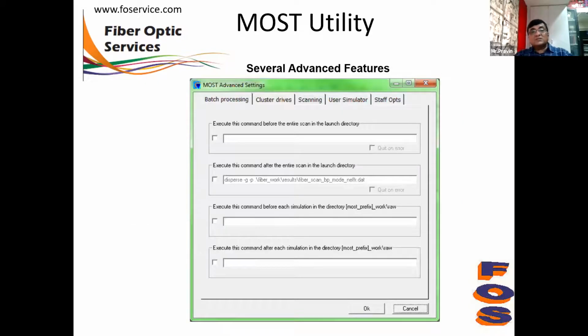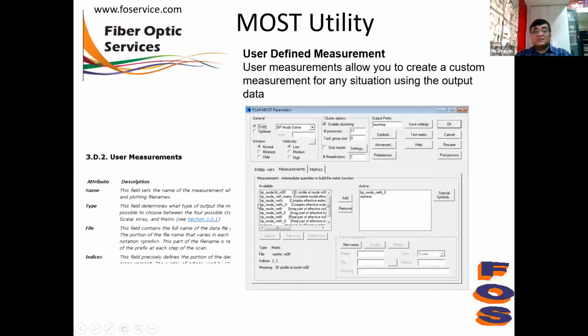It also has several advanced features like, as you can see here, you can calculate the dispersion from whatever results you have received in your optical simulation. You can also have user-defined measurements from whatever available data.